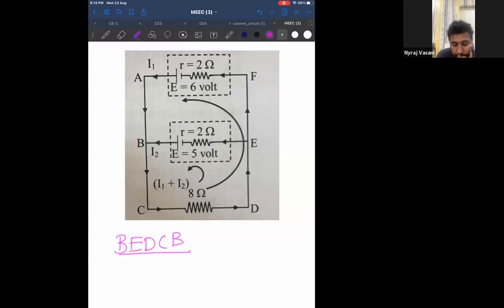Plus 2I2. One minute. I have lost the broadcasting. I'll log in again. I was logged out. Just one. Okay, plus 2I2 correct. Then continue. Can you see the screen or it's gone? Yes, sir, we can see.